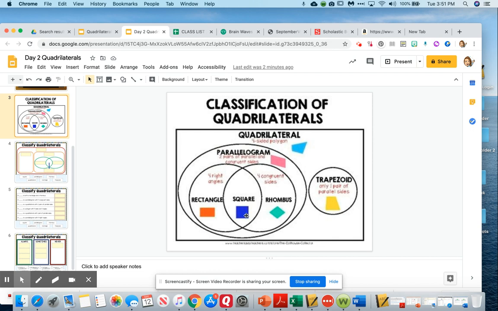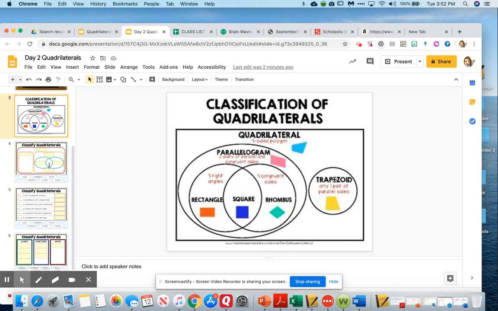Now, a square is a parallelogram, but it's also a rectangle because a rectangle has four right angles. It's also a rhombus because it has four congruent sides. So a square is all those things. Now, over here in La La Land is the trapezoid. A trapezoid is not a parallelogram because it only has one pair of parallel sides,